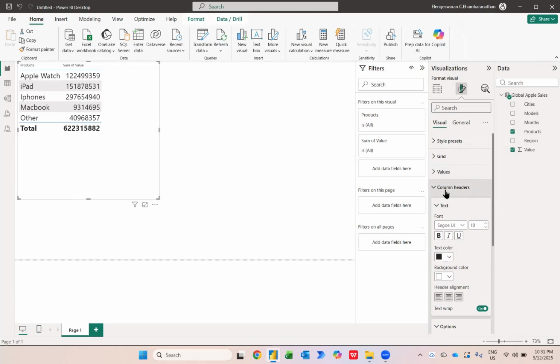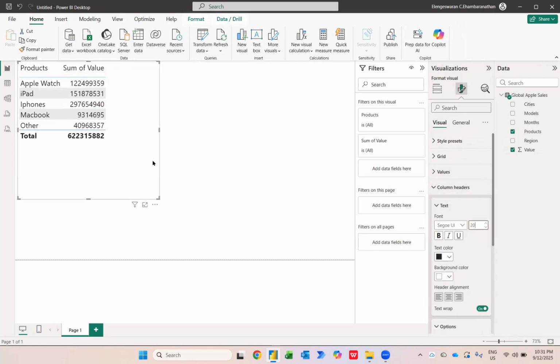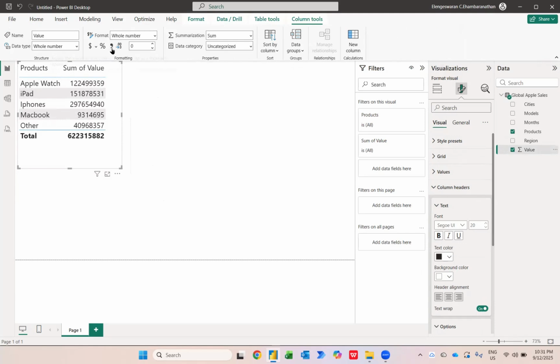And then you can go to the column header and put 20 here also. Okay, so there you go. Now this is the data, and if you want to put it in a proper accounting format, you just select this and select the 1000 separator. Over here it will show us in a proper format, and when you click it over here, now it shows you,